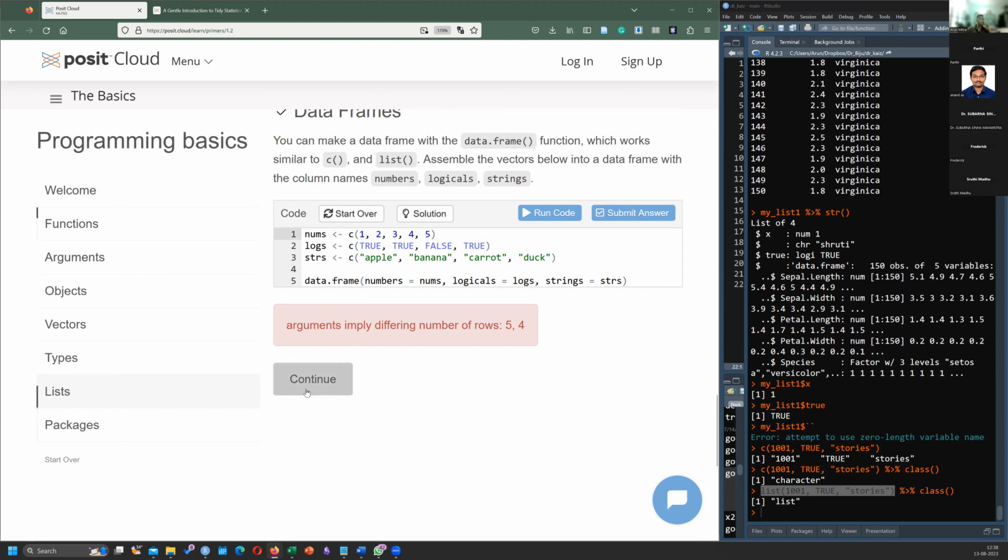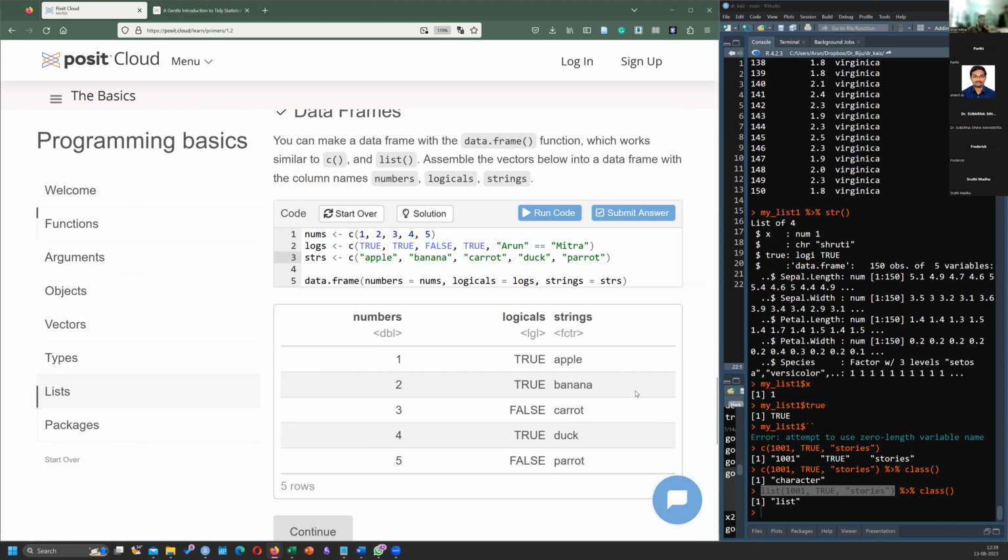Okay. So now either you add FALSE, or interestingly, I can say NA. Just see what will happen. What was the last one?